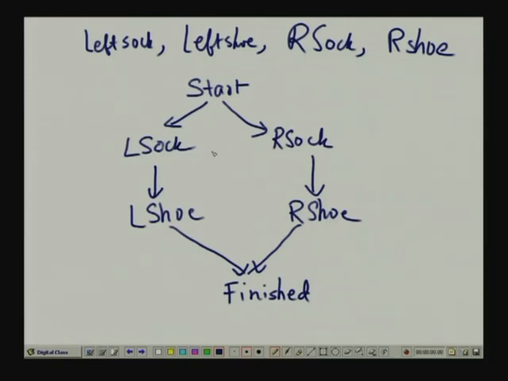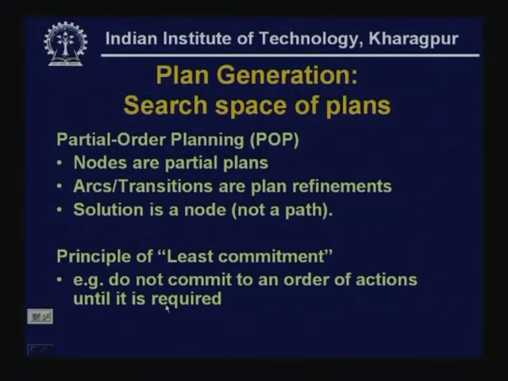Can you tell me how many linearizations will be possible given this partial plan? I leave you to work that out,